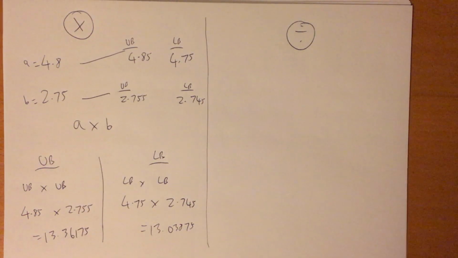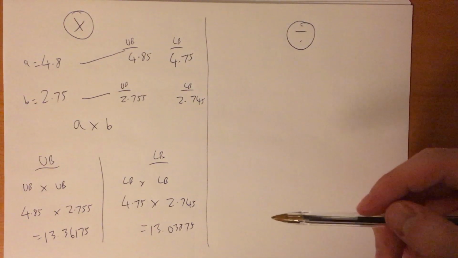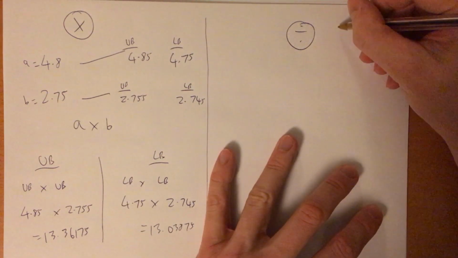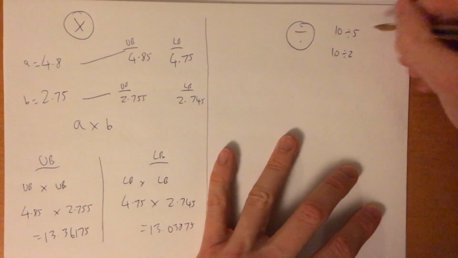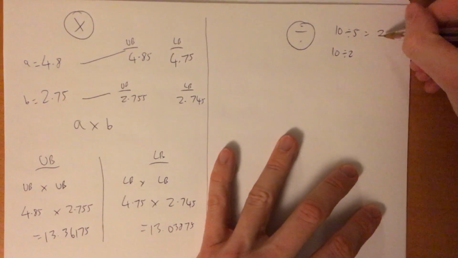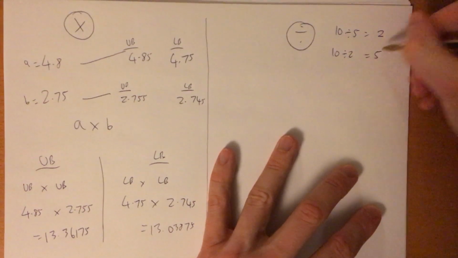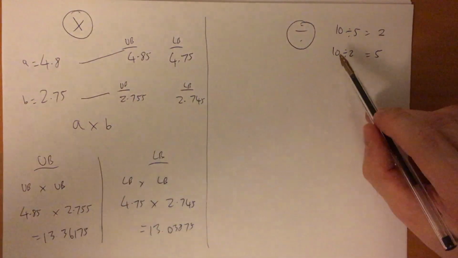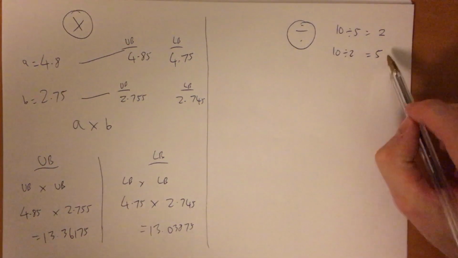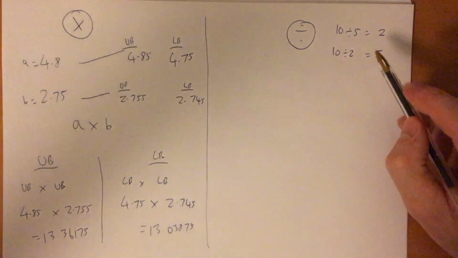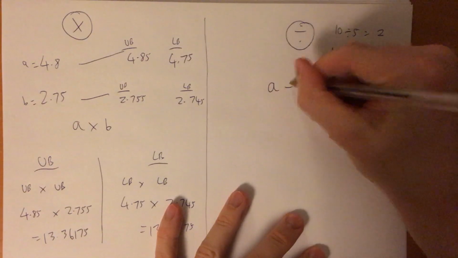Now, dividing is the same process as subtracting. If I had 10 divided by 5 and 10 divided by 2, 10 divided by 5, the answer is 2. 10 divided by 2, the answer is 5. So when I divide by a smaller number, more goes into it, therefore my answer is bigger. And that's why when I do A divided by B,